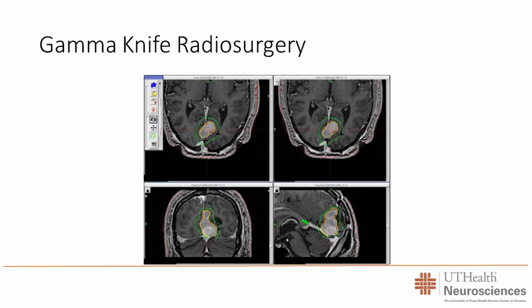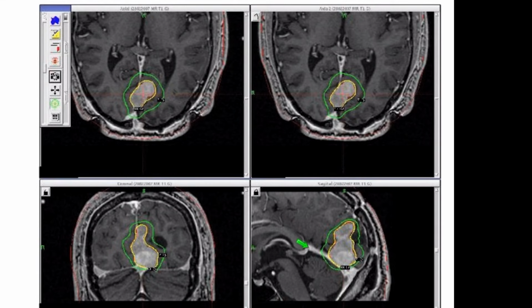And by moving the frame in space and using these computer visualization techniques, we can point the gamma rays right at the tumor. It goes further than that, however. By adjusting which holes are open and which ones are closed, and by the positioning, the radiation can be made conformal. What that means is that the radiation can be contoured around the tumors, not just a solid circle, so that